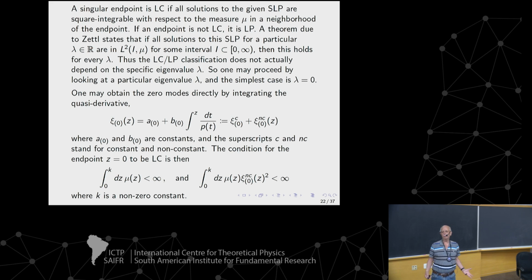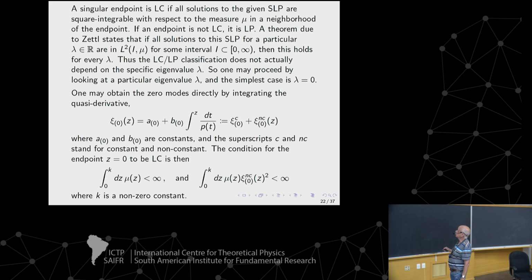So now that you can do it independently, the eigenvalue, obviously the nice one to look at is 0, right? Look at eigenvalue 0. So now you can obtain the 0 modes directly by integrating, remember the quasi-derivative, with the 0 eigenvalue, and you can find that P comes in the integral part, and there's also going to be a constant. So there'll be constant and non-constant transverse modes, and the condition for the z equals 0